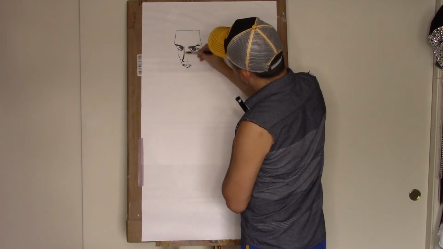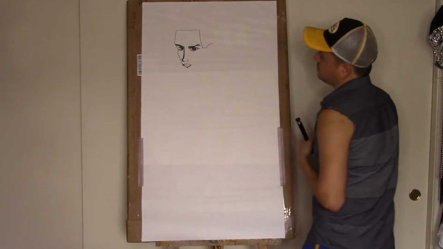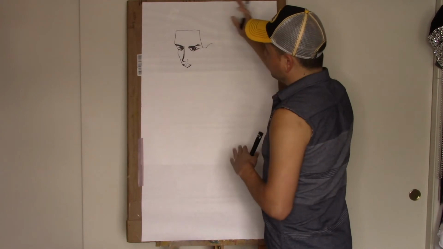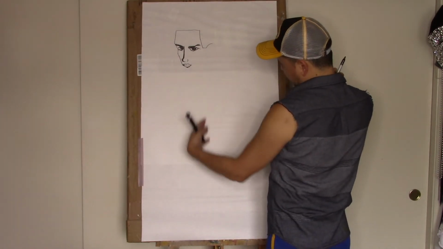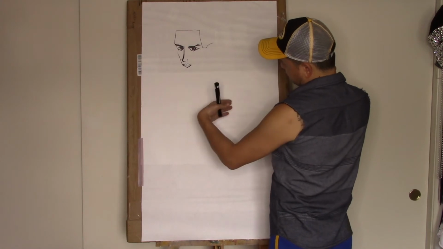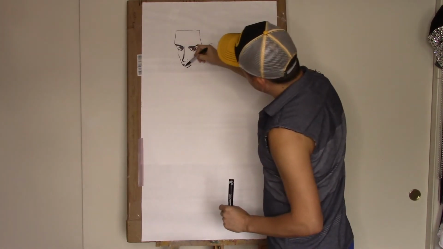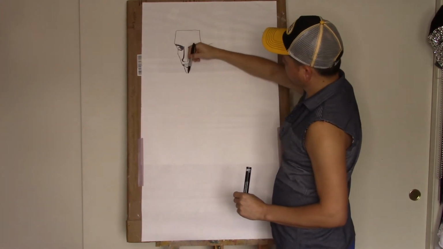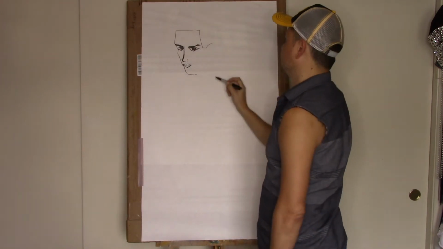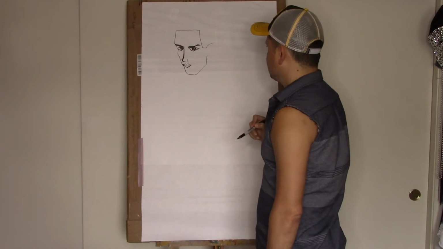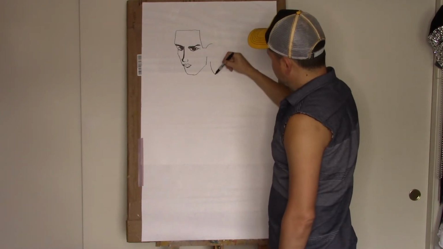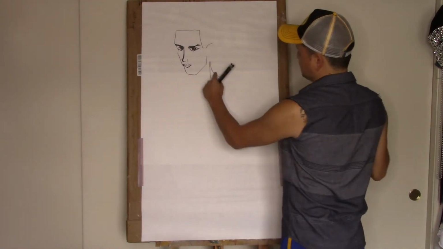Noses I always struggle with, but it doesn't have to be perfect because I'm going to cut this out. I'll tell you later what I'm going to use this for. So then you bring this down for the chin. Once again, they're very linear lines. His jawbone, great chiseled jawline, very jealous of that. His neck, this is his shoulder,